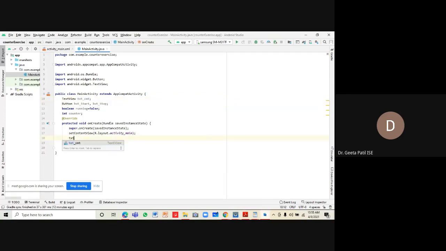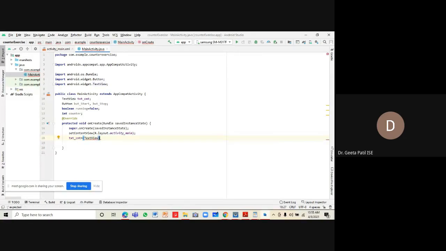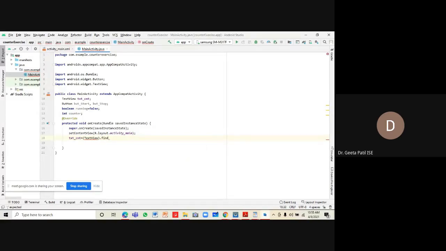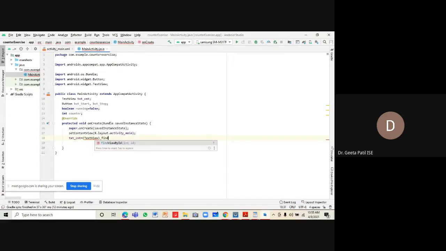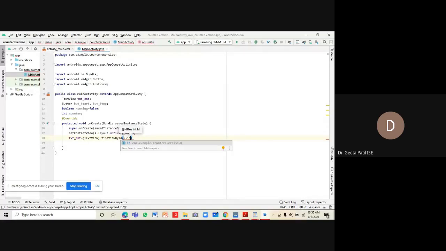So to do it, we are saying text count is equal to, we will typecast, TextView, findViewById from resource R.id, we want text count to be linked with txt count from the XML file.